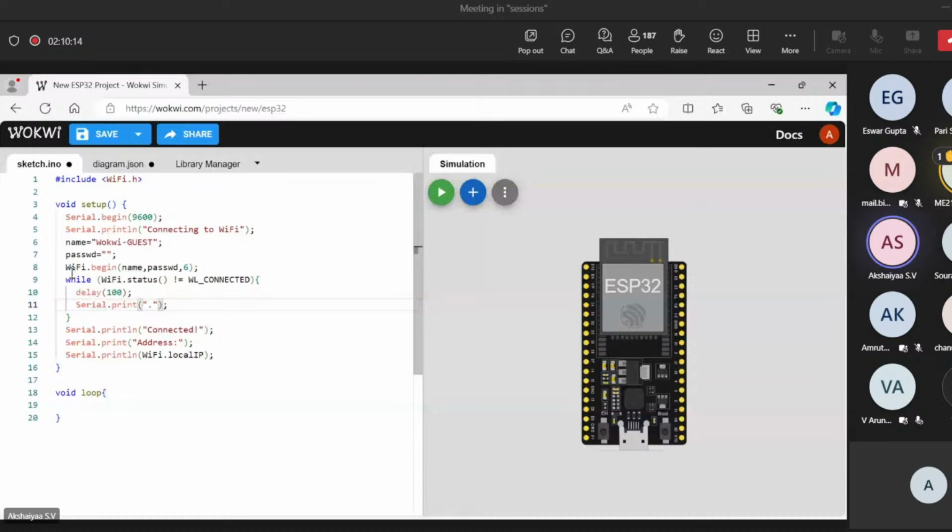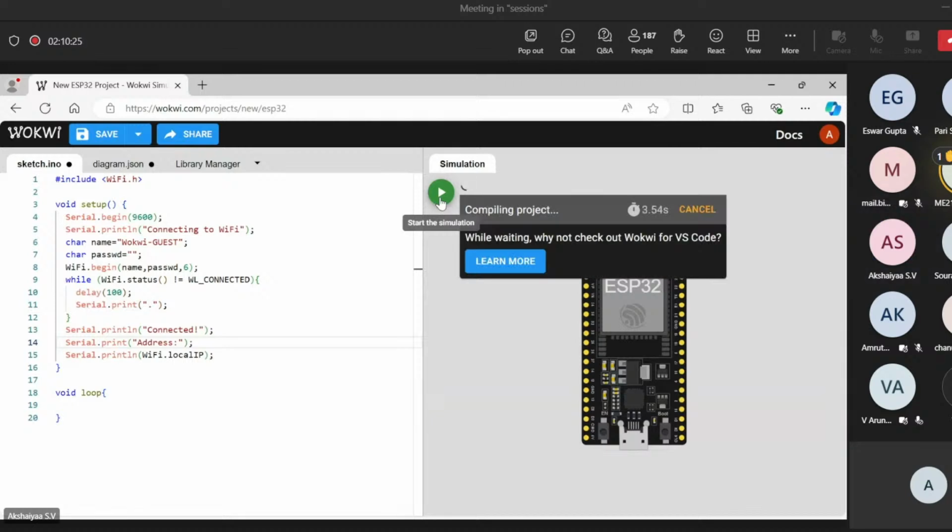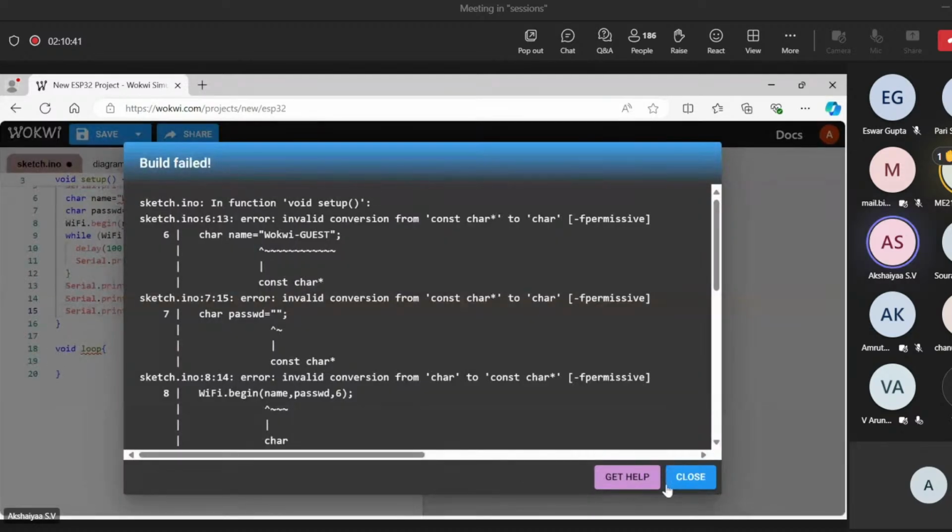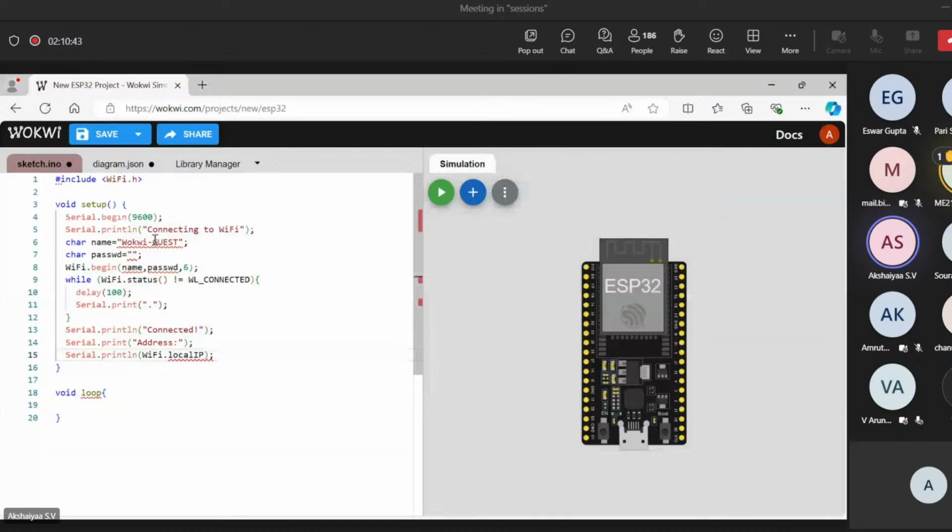Let's call this cat name, cat password. I hope this runs. Thank you, people. And first, I think it'll give an error telling that this library doesn't exist. We'll install it and then we'll run it once more. One minute, guys. Just a minute.